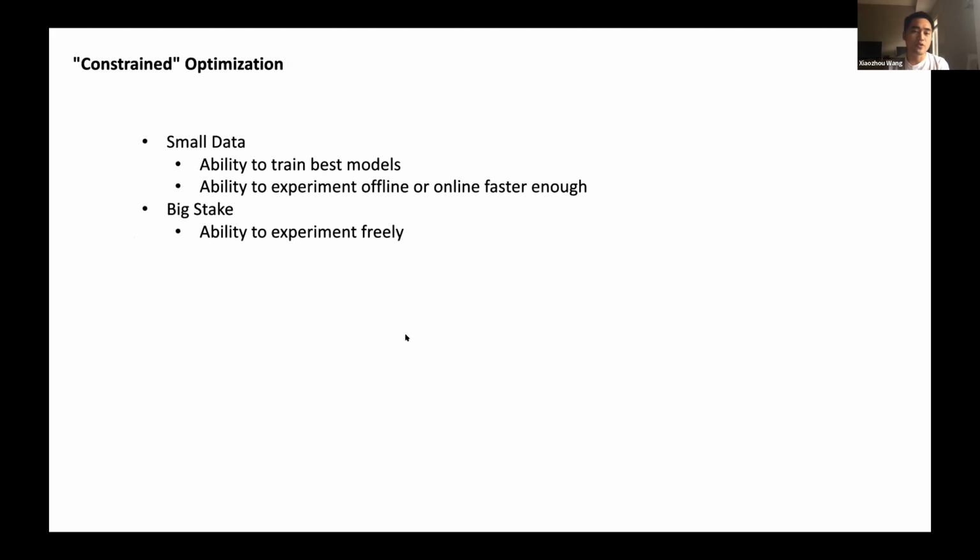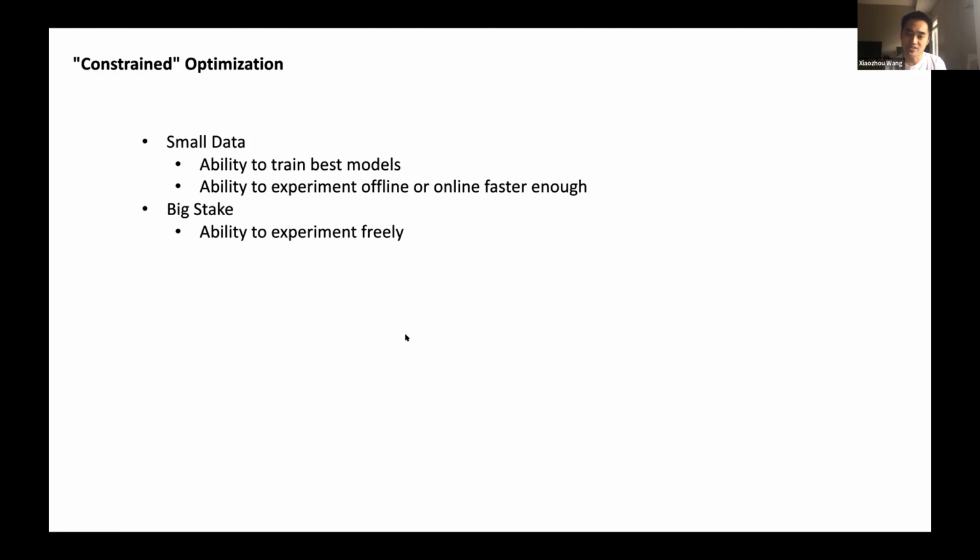And we are really dealing with optimization with constraints here. Unlike high-tech companies like Google or Amazon, who are dealing with a big data, small stake problem, we are dealing with small data and big stake problems. Just to give you an example, recommending a not so good book to one of the billion users you might have probably isn't such a big deal compared to, say, losing the entire batch or product for an industrial process. And small data, big stake really limits our ability to train best models offline, and you can't deploy models and iterate very quickly online.